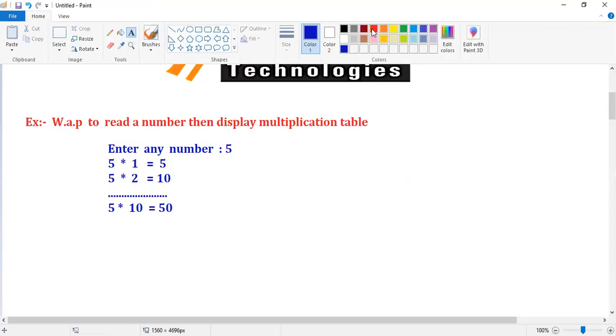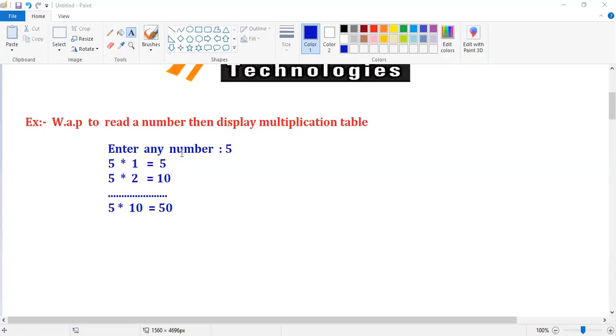Fine. Now, if you want to do this one, let us observe. Now here, guys, the range.